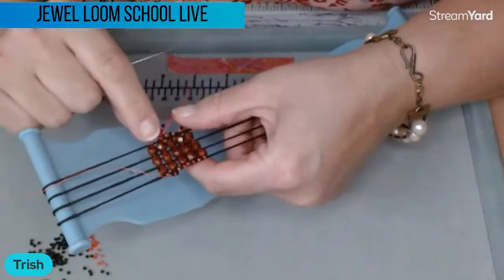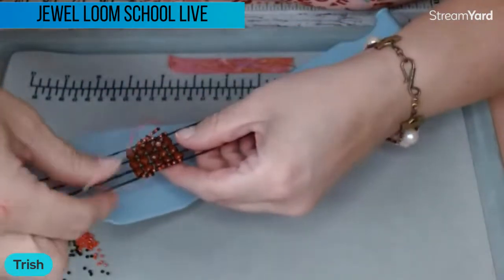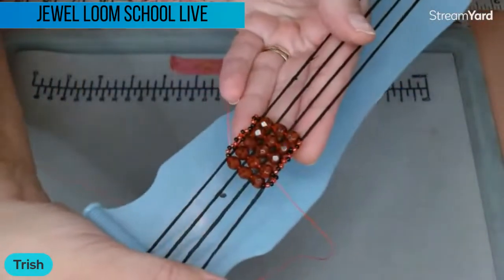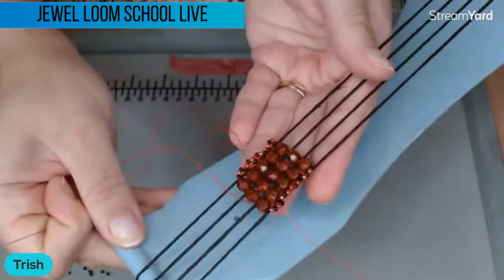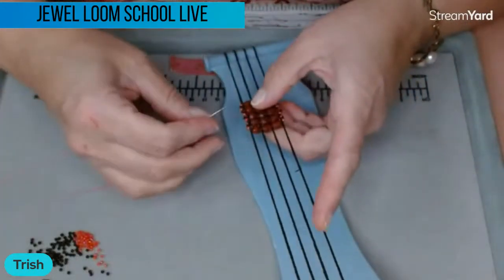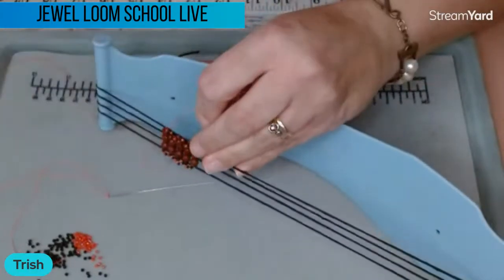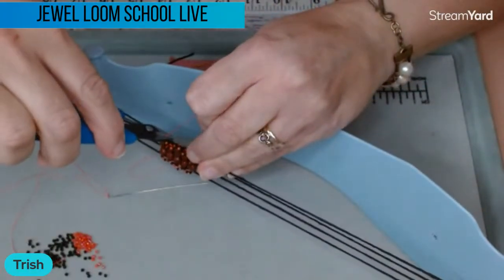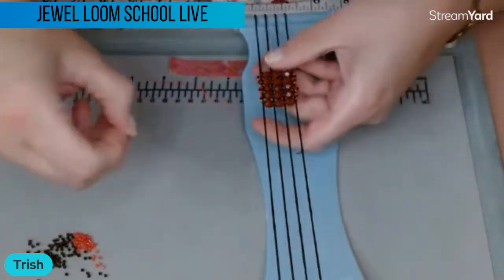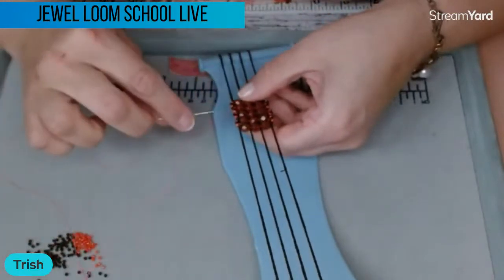All right, get you out of there so we don't tie that into it. Okay. So there's your loops. It's just as quick as that comes together. Okay. So now we're basically just going to tie off our threads. This one on the back, the one I started with, I'm just going to cut it and then I'll glue it later because you can't see that knot anyway because of the loops. I'm fine with that. And then this one that we have the needle on, I'm just going to drop this